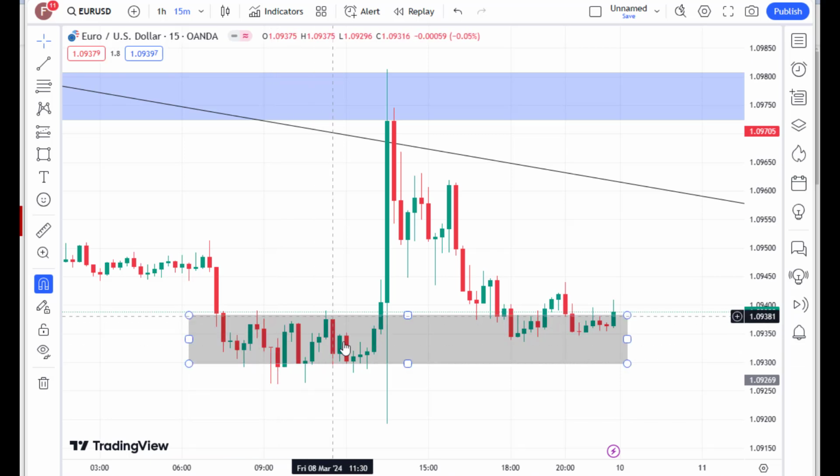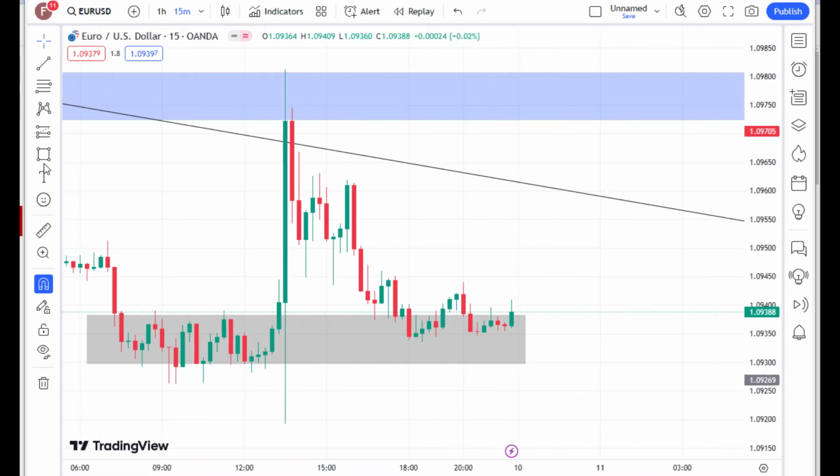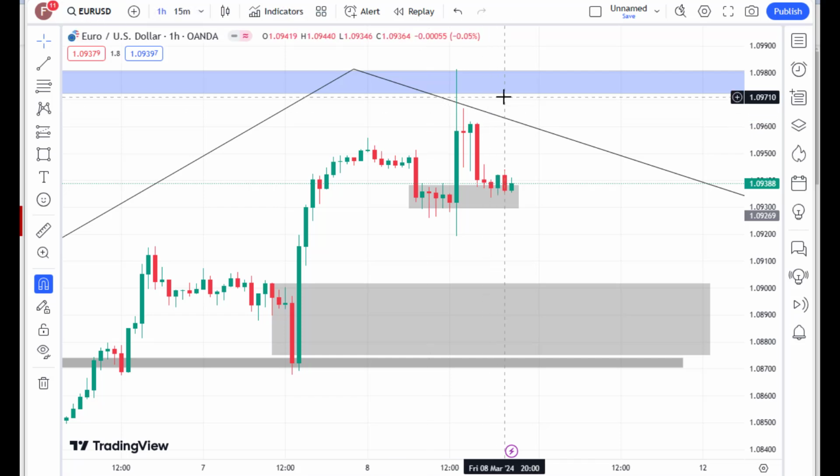You can see this consolidation that led to this strong move, and we have an imbalance. The body of this candle, price has come back to test, so there's a possibility of price moving up, but this is a low probability entry because we have a major zone that price can be tapped into in the bigger time frame before heading higher, right? But I'll be a little bit skeptical. Like I said, I'll not risk too high if I have to enter here